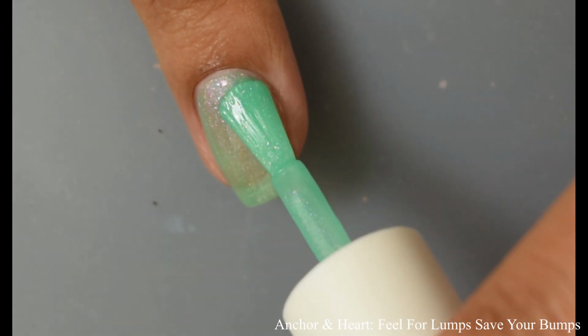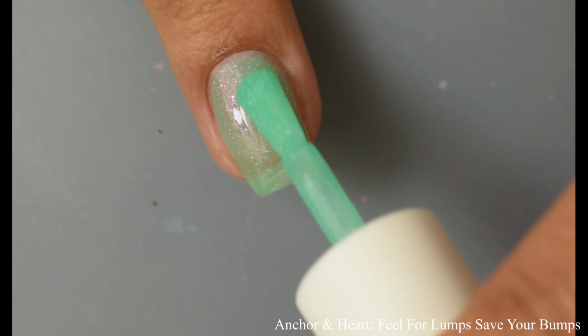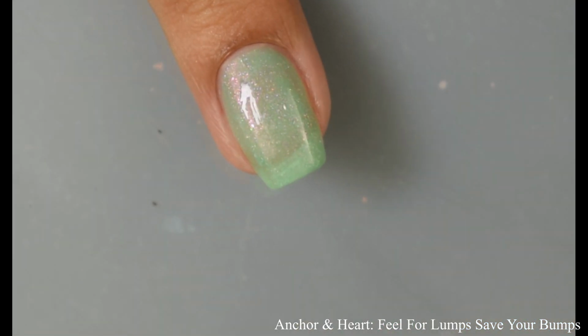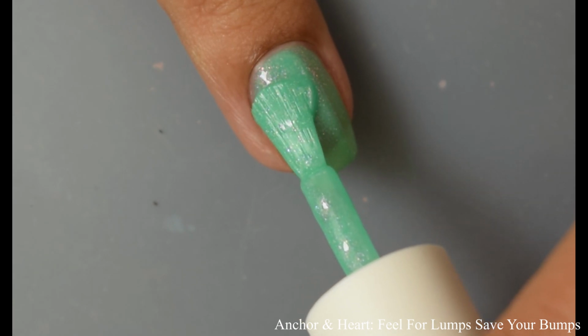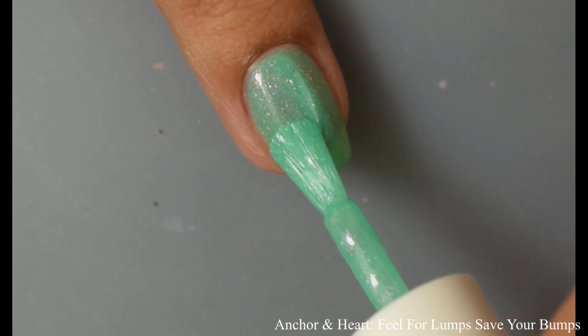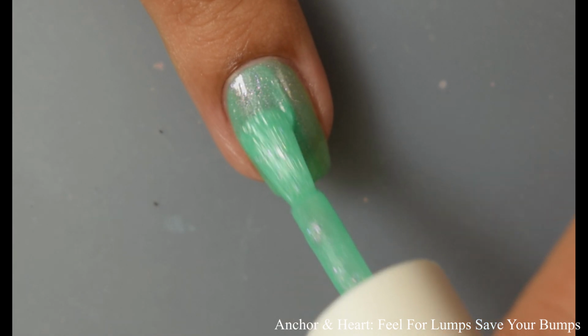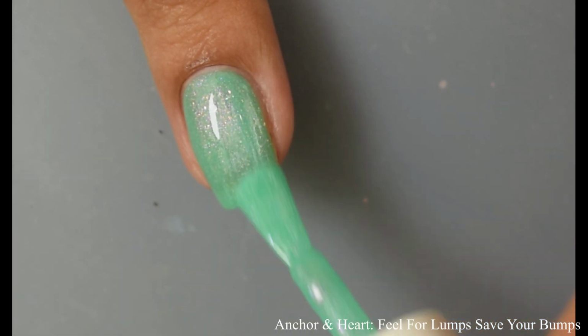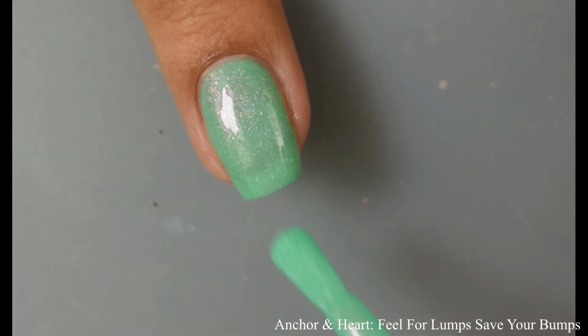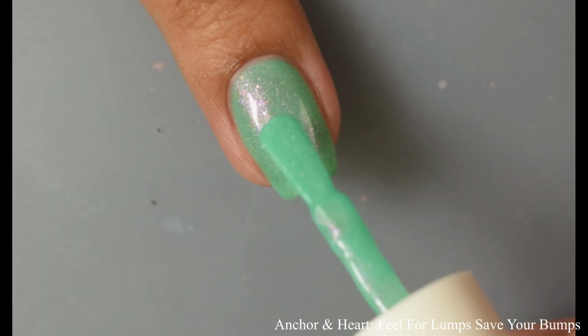Now, this does build up and plump out very nicely at 3 light coats, but please note if you have a prominent free edge like myself, you might see just a touch of your smile line. So if that bugs you, I'm going to recommend a color correcting base coat of some sort if you want to cancel that out. Overall, I think this is another really flattering shade, and that pink element to this one